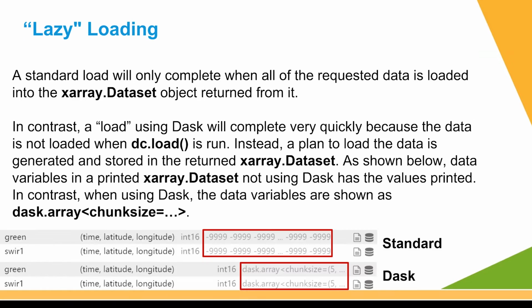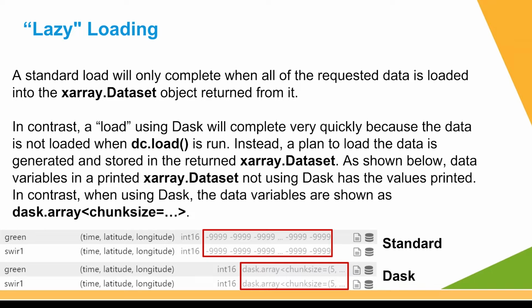So first with lazy loading, a standard load will only complete when all the requested data is loaded into our dataset object, returned from the load. In contrast, a load using Dask will complete, the cell will complete very quickly because the data is not loaded when load is run. Instead, a plan to load the data is generated and stored in the dataset. As shown below, data variables in a printed dataset, not using Dask, top here, the one that says standard on the right,